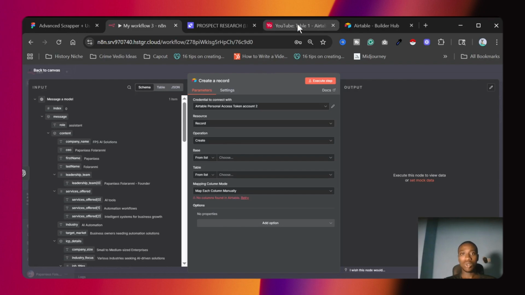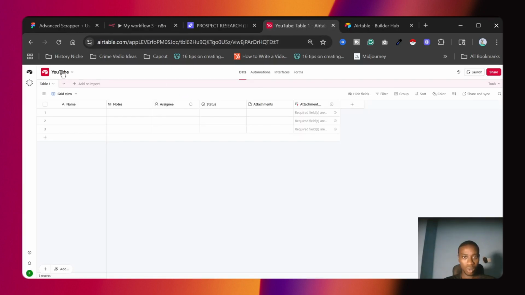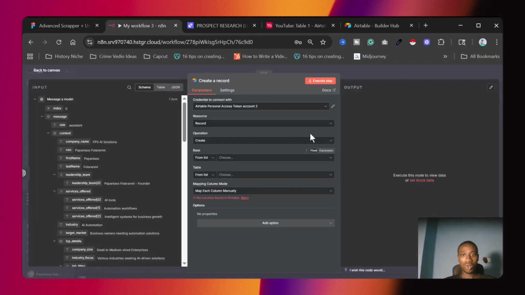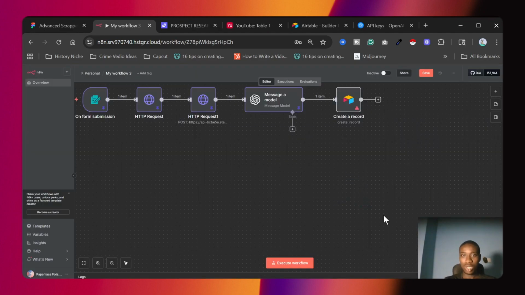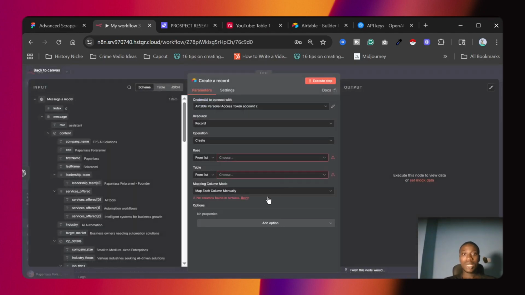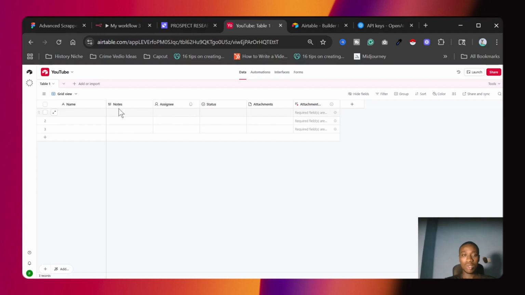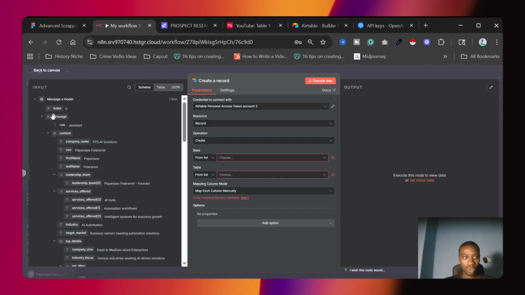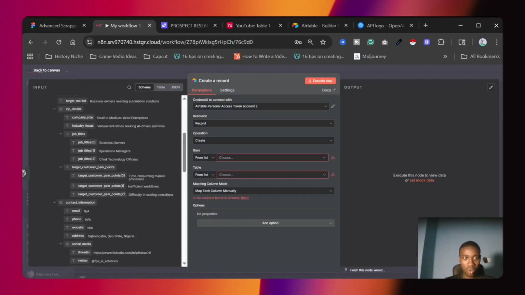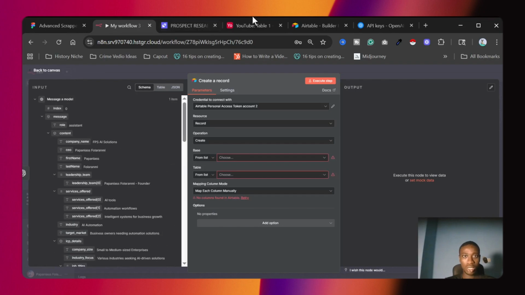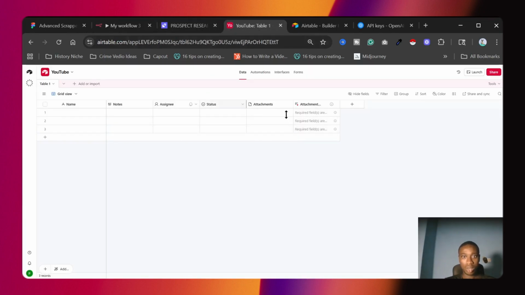So right now I'll just create a new table. So now this is YouTube. We'll create a table where we're going to save our details, because if you remember, we already have the outputs. So now we already linked the table and let's create a database. Let's check all the outputs. We have the company details, the founders details. I'll build out the main database structure real quick, and after that I'll just show you guys, and you can do the same on your side.